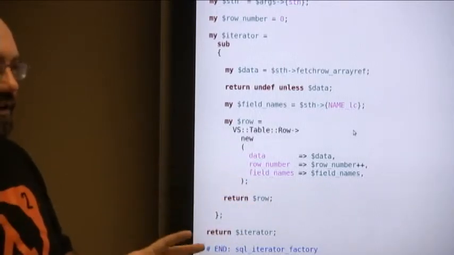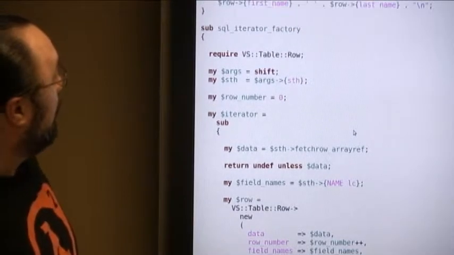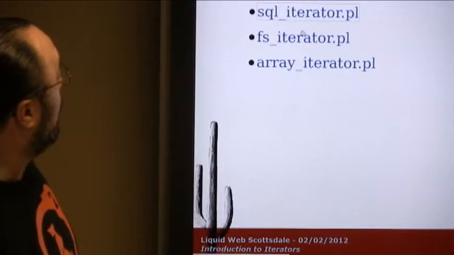Is that distinction clear to everybody? Okay. All right. If we have no more questions there, we'll actually look at